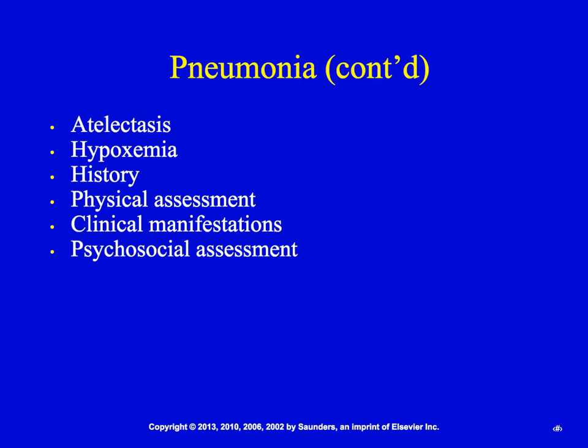So think about this, the clinical manifestations of a patient with pneumonia, what they're going to look like. They typically, with the inflammation and fluid in their lungs, are not going to be making a good gas exchange, so they're going to have some hypoxia or hypoxemia, which is low oxygen levels in the blood. They're going to have a cough, generally tachypneic, sputum production. They're trying to cough that stuff out of there. Muscle weakness,